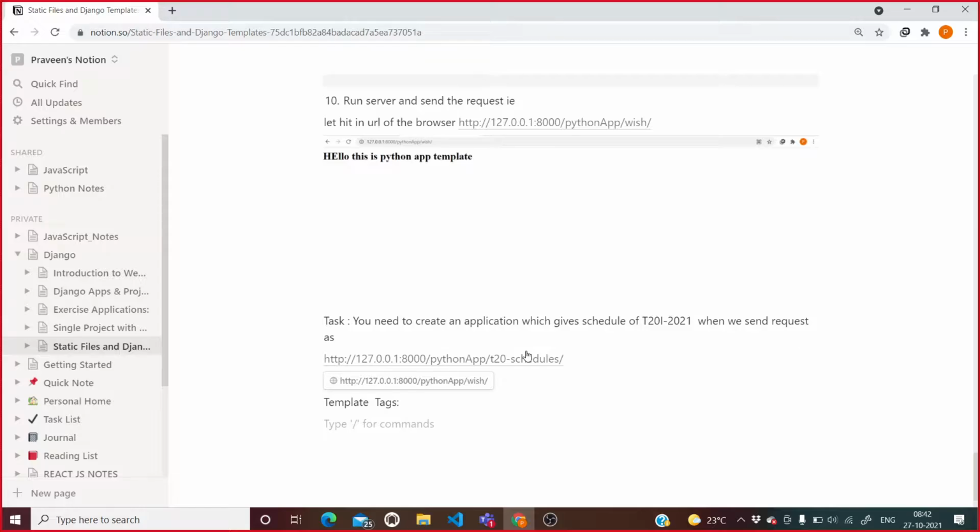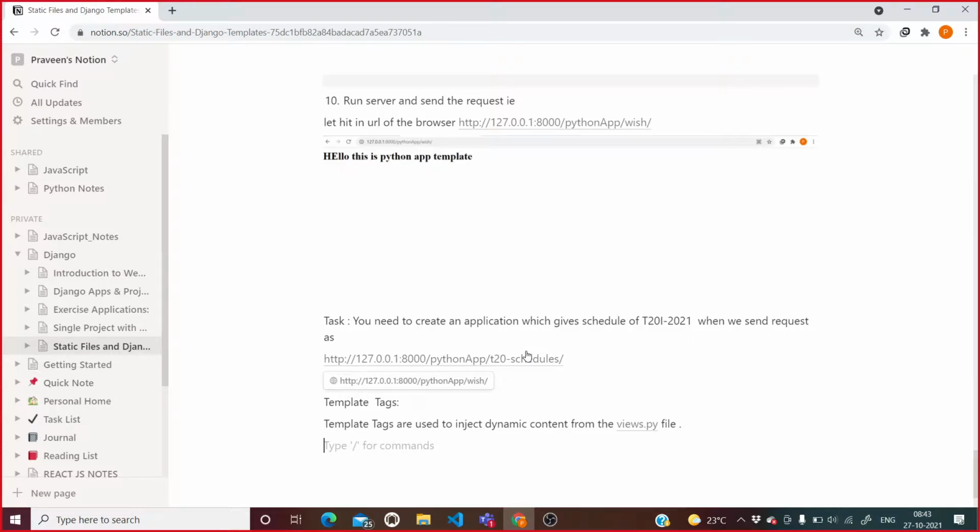These are the tags which are used to inject dynamic content from the views.py file.